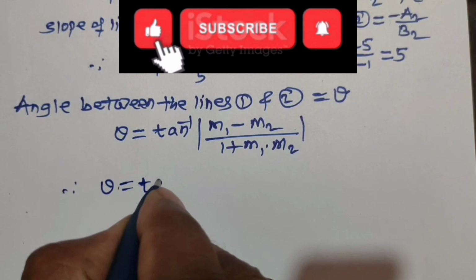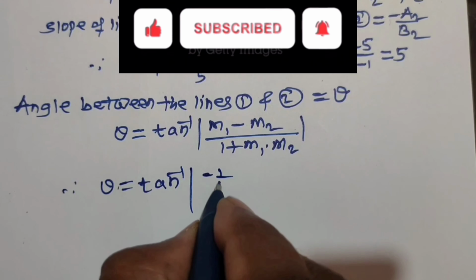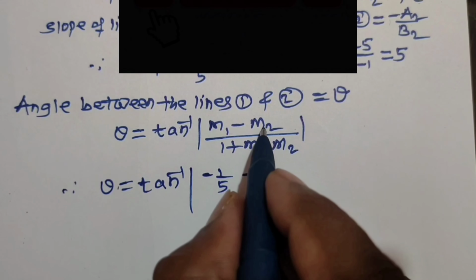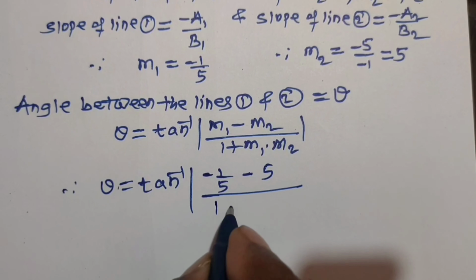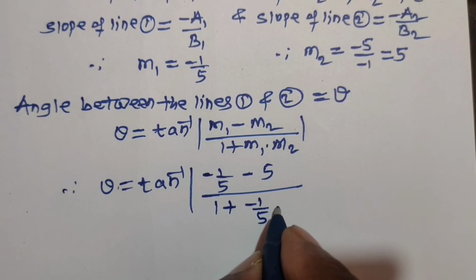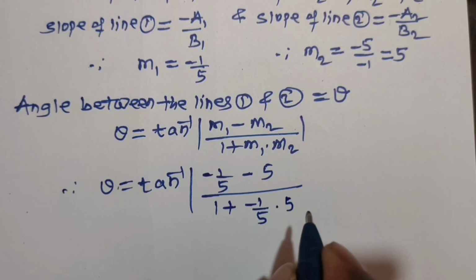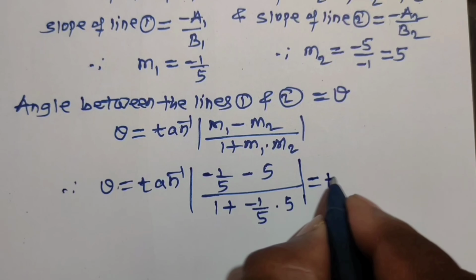Hence theta is equal to tan inverse in modulus minus 1 upon 5 minus 5 divided by 1 plus minus 1 upon 5 into 5,